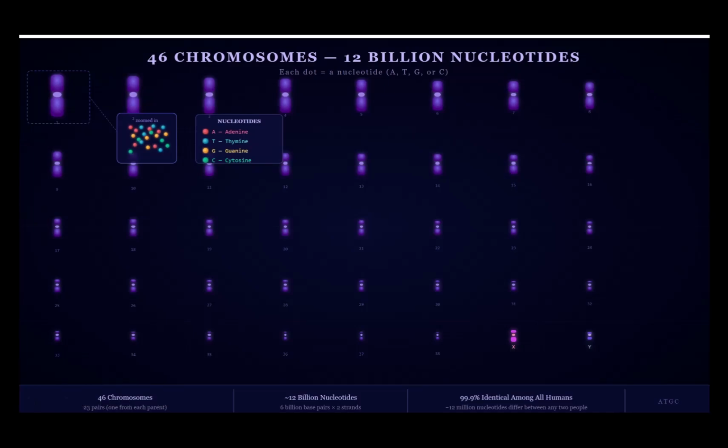0.1% difference is 12 million nucleotides that are different. Now, there are only four nucleotides, we said, four different possibilities. How can we say 12 million nucleotides are different? It's not 12 million nucleotides, but the places where we have differences in nucleotides among the 12 billion nucleotides is about 12 million. So think of it this way: think of each